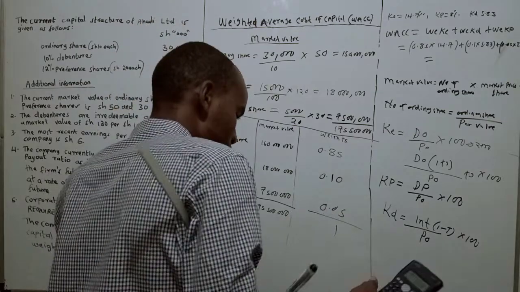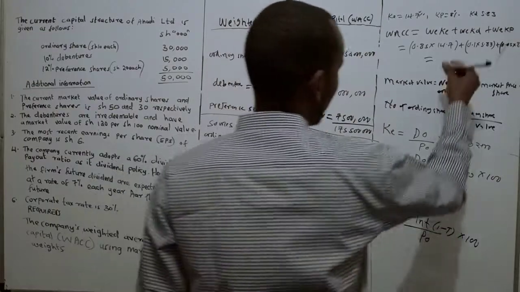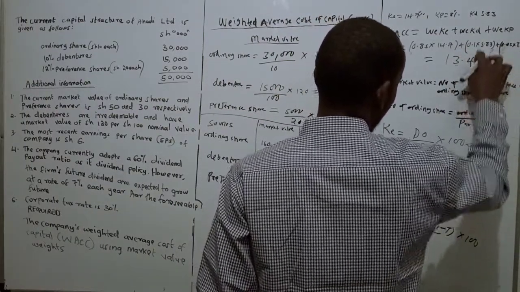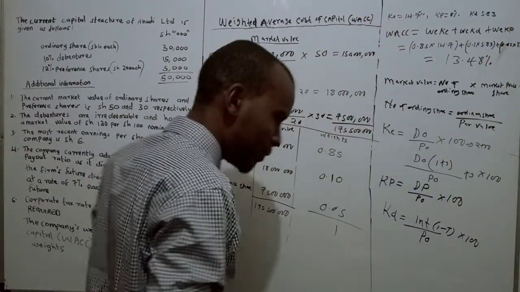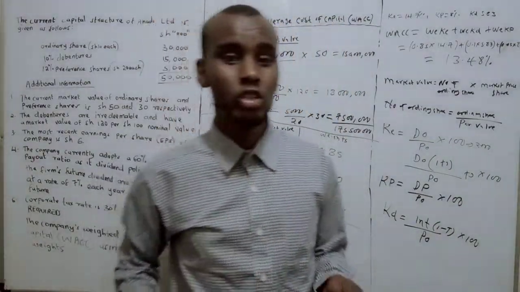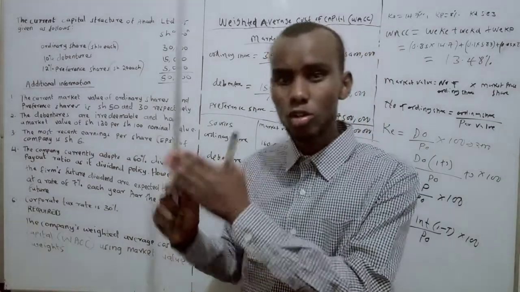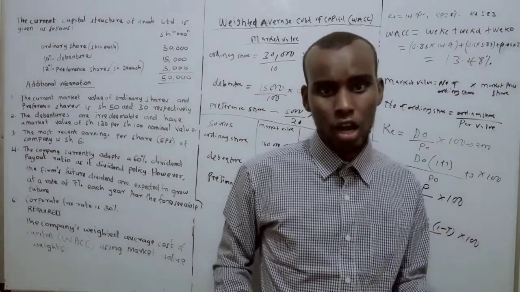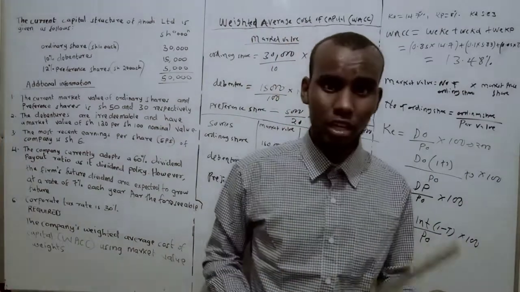I'm getting, to the nearest two decimal places, 13.48. 13.48%. That is all about these questions. For us to get the weighted average cost of capital, you need to know how you get the cost and the weights. Then you multiply it, you add for the ordinary share, for the preference share, and also for